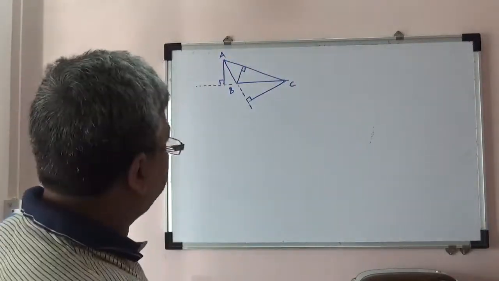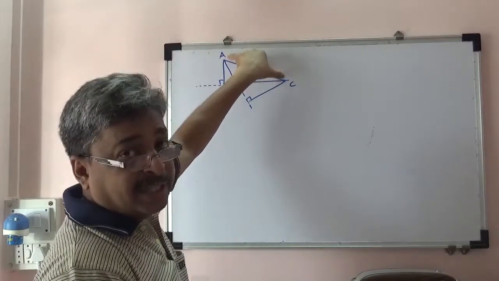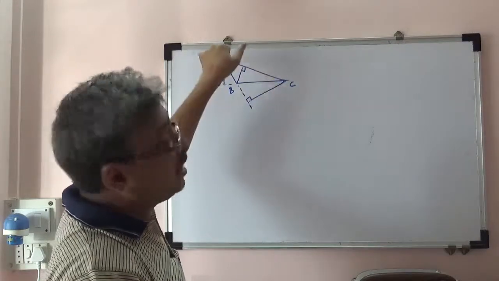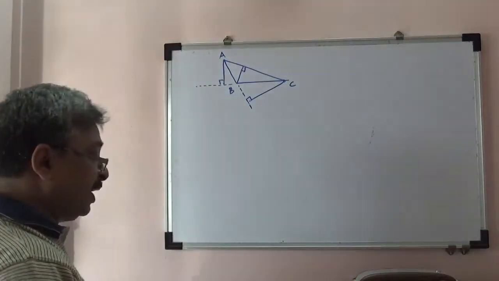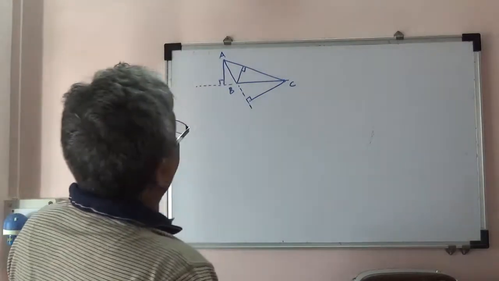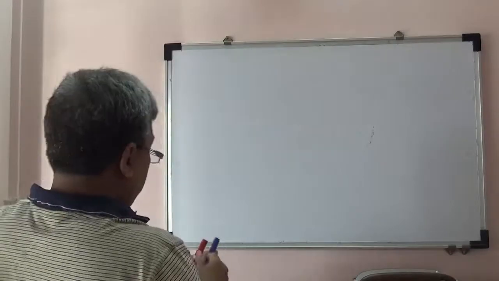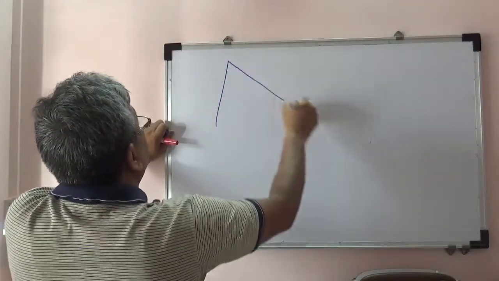If you drop perpendiculars from the remaining two vertices on the opposite sides, then they fall outside those sides. So we will keep this in mind and try to figure out the area of triangle ABC using